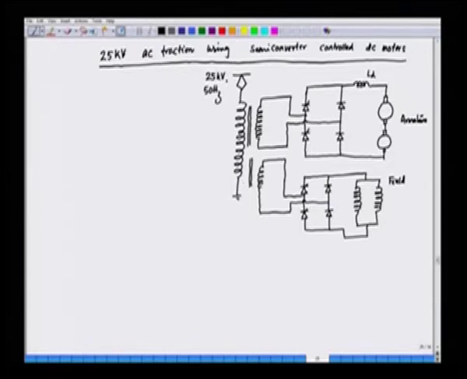So, this is the topology in which we have connected two separately excited DC motors fed from a semi controlled